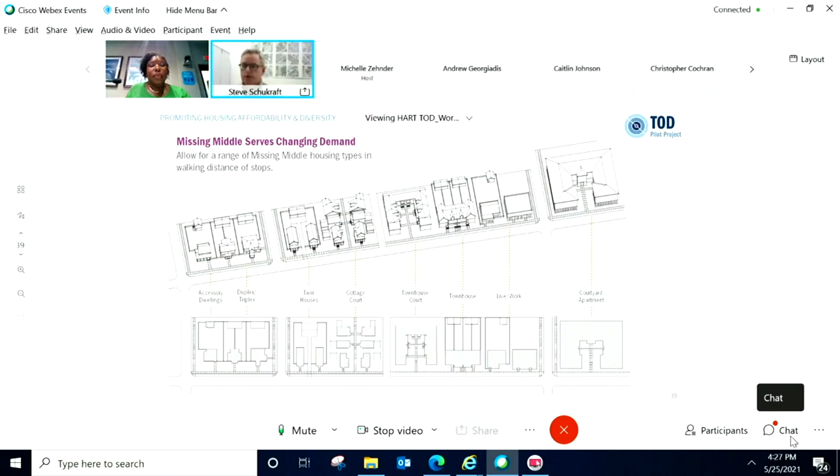There's not a lot of small-scale attached housing, which is one strategy to try to push affordability. There's not a lot of unconventional organizations of projects, cottage courts, townhouse courts, not a lot of townhouses in the market, and very few live-work kinds of opportunities. So we're looking at the existing planning tools and zoning codes to see if we can promote a wider range of housing along the corridor and directly adjacent to the corridor.